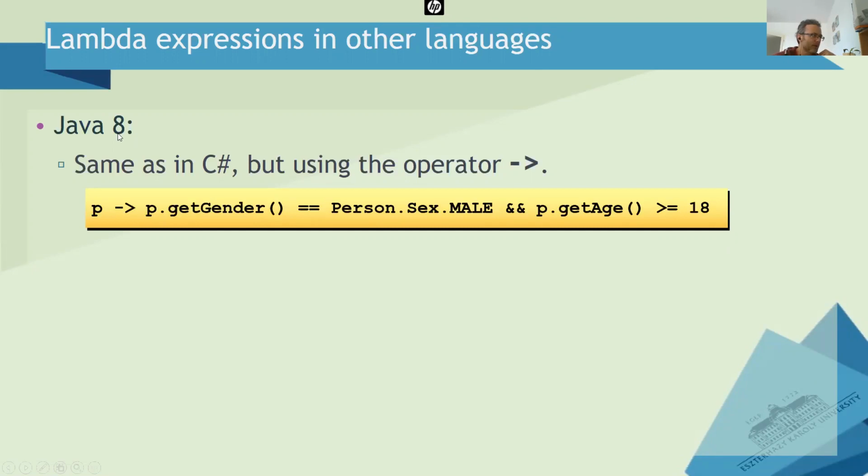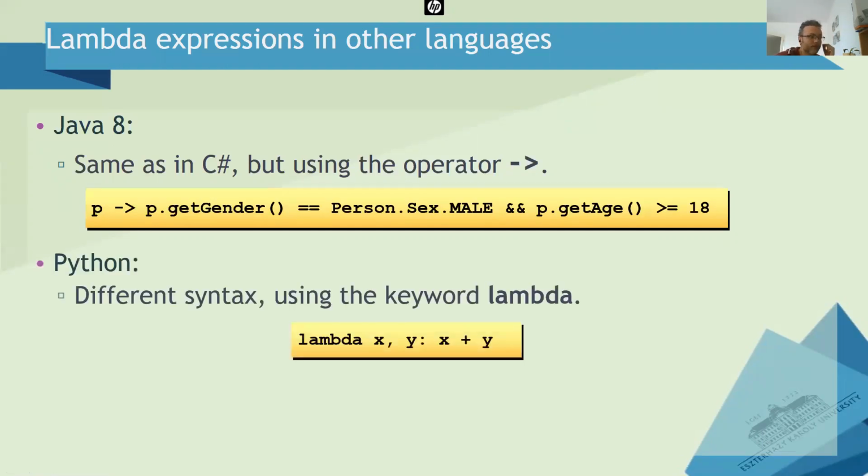Lambda expressions were introduced in Java 8, which is not that old. The only difference here is that the arrow is a simple arrow, not a double arrow, but that's all the difference compared to C#. In Python, there are lambda expressions, definitely,